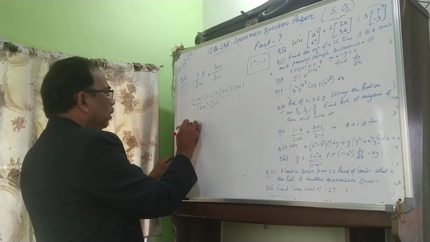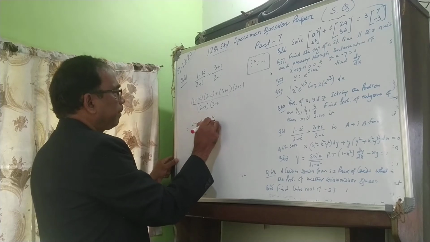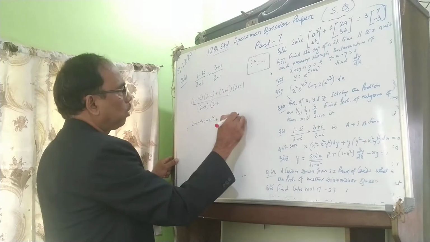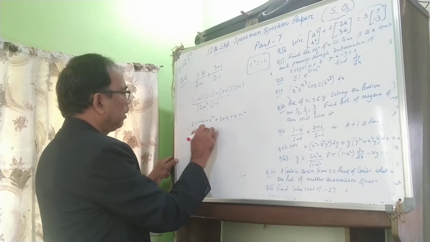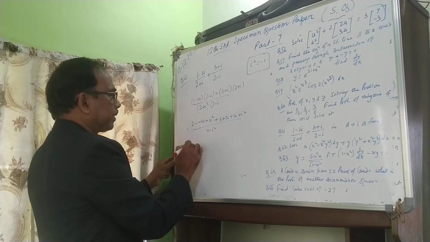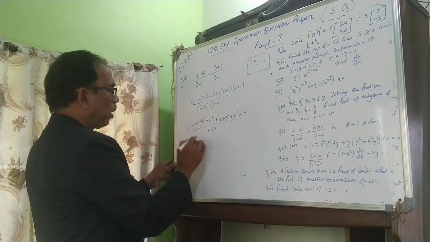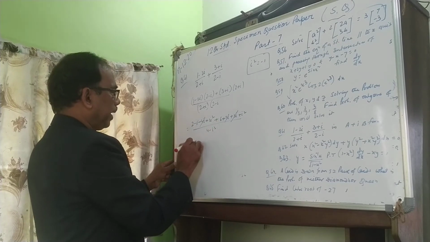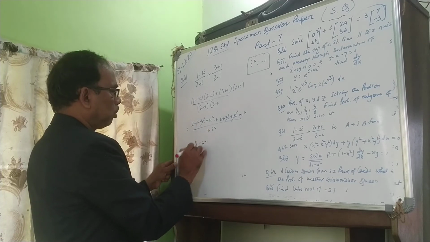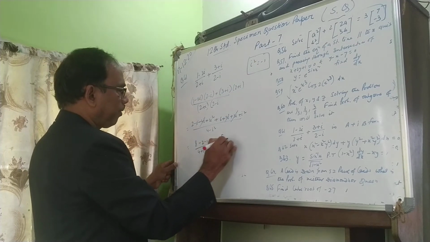Now do multiply. 2 minus i minus 4i plus 2i square plus 6 plus 3i plus 2i plus i square over 4 minus i square. A plus b, a minus b formula. 4 and 2, 6. So here 5i minus 5i. 4 and 6 and 2 is 8. I square is minus 1, that is minus 2 minus 1 by 4 plus 1. I square is minus 1, that is plus 1. That is 5 by 5, that is 1.